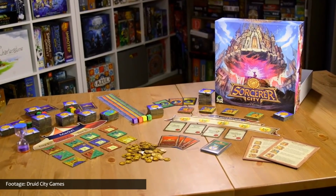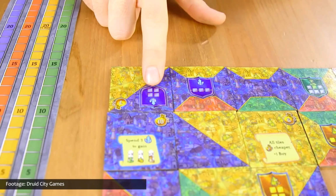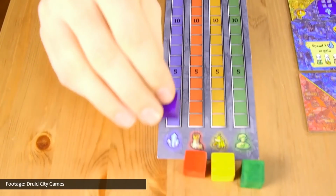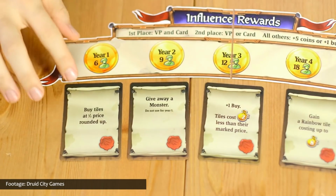Every year, Sorcerer City gets built and rebuilt in magically new ways, with blocks moving and rotating in crazy directions. It sounds like a workers' compensation insurance nightmare, but that's what you get for hiring Howard and Fine as your city planners. Players of Sorcerer City by Druid City Games find themselves as rival wizard architects in charge of renovating the same city district over 5 years, expanding it and rebuilding it to gain the most money, influence, magic, and